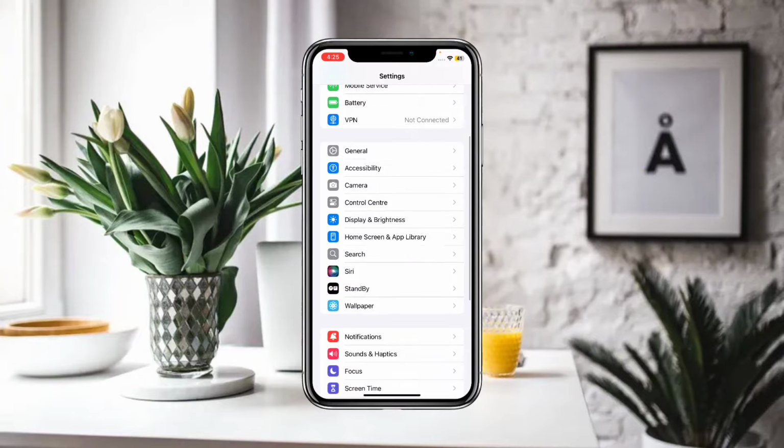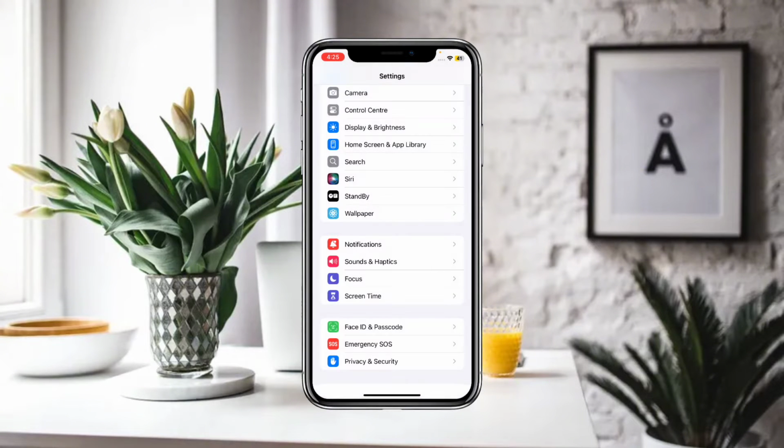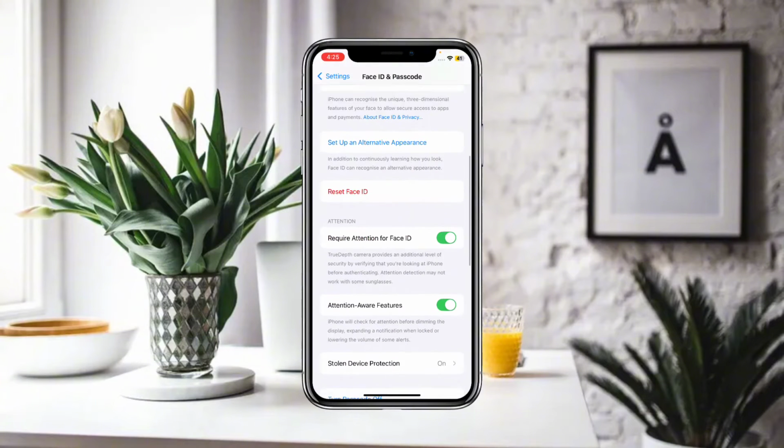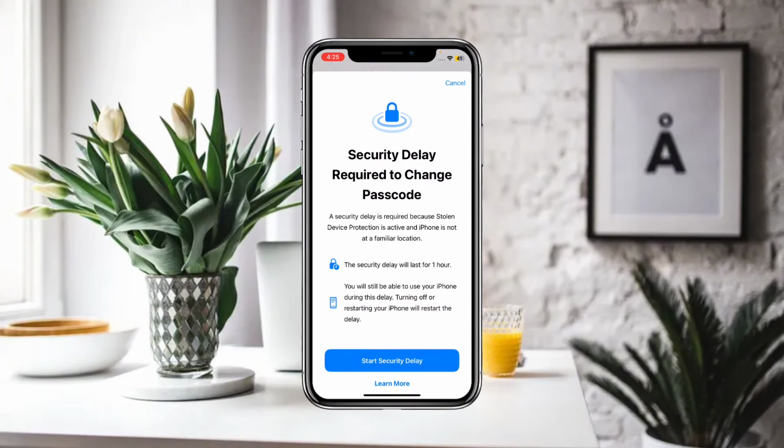For example, if you try to go to Face ID and passcode, and after that you click here, turn passcode off. If you want to change the passcode, then there is an option available: security delay required to change the passcode. So what is written here is that security delay is required because stolen device protection is active and the iPhone is not at a familiar location. As you can see, because you have turned on the stolen device protection,